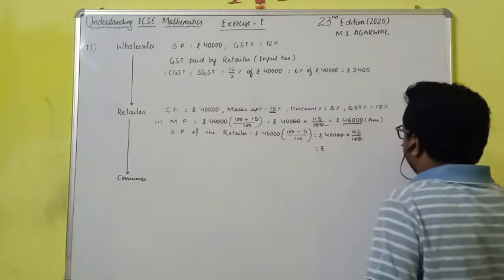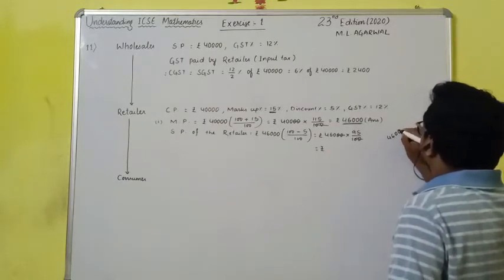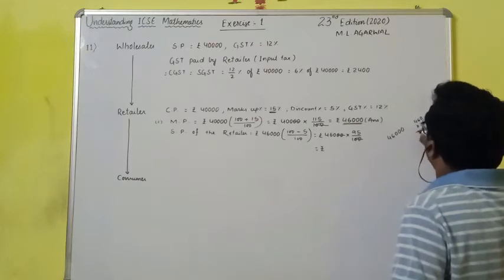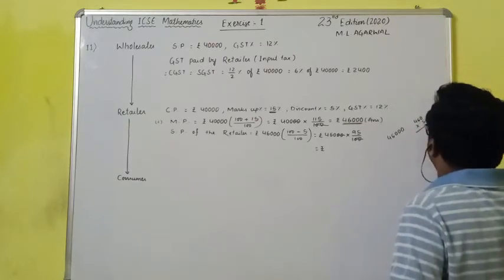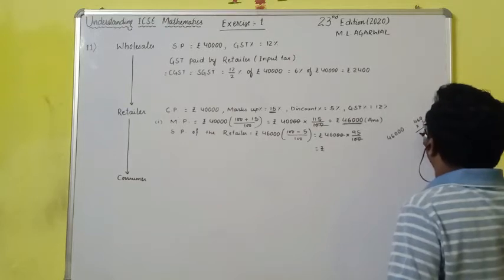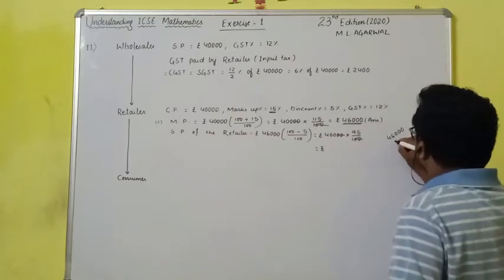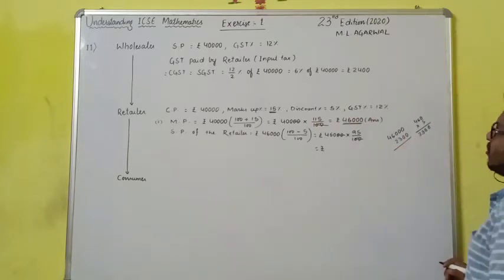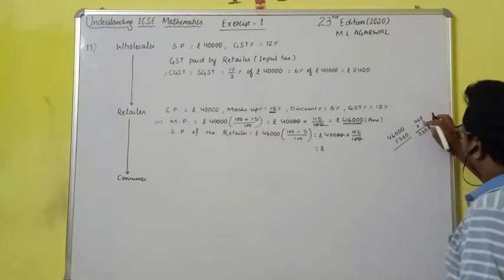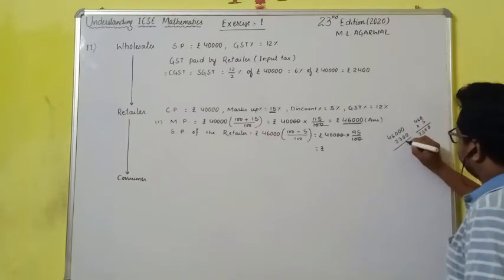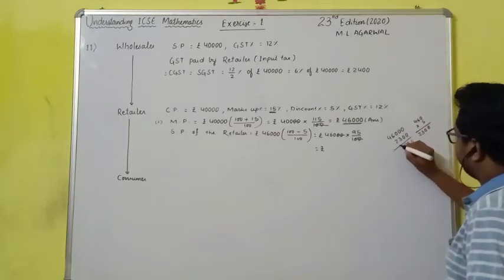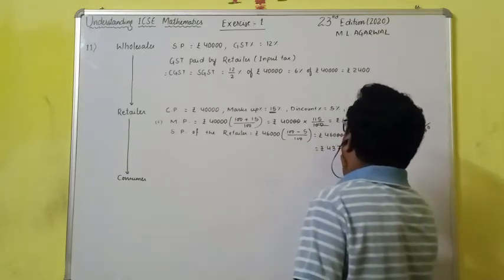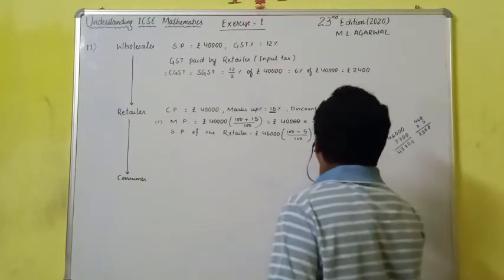So calculate, 0 cancel, 46 into 95. So it will be 46,000 minus 460 into 5. I will do it, then it will be again my answer. So it will be 2300, so it will be equal to 230. Okay, take correct here. 0 then 7 here. It will be 43,700. 43,700 will be the selling price.